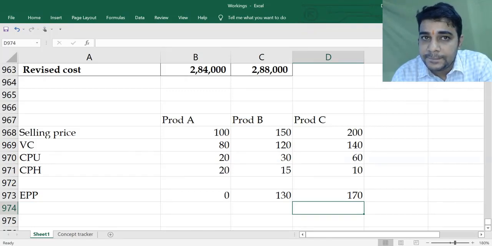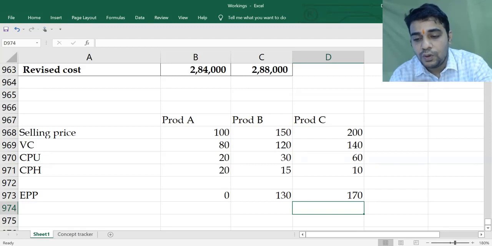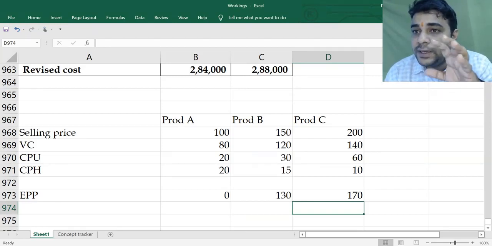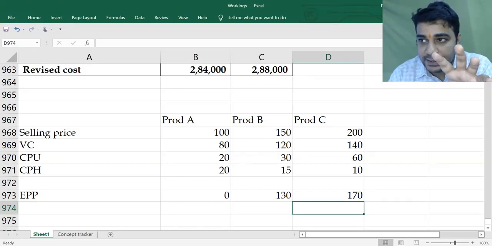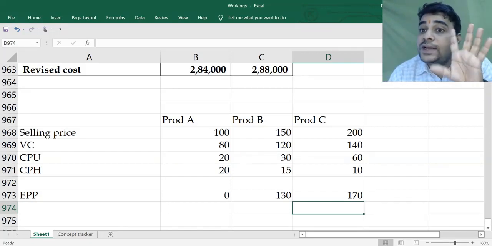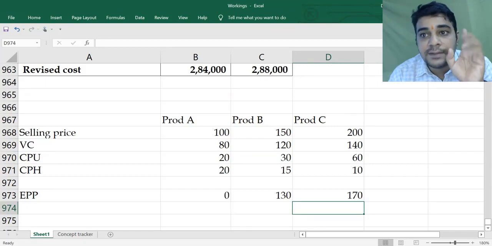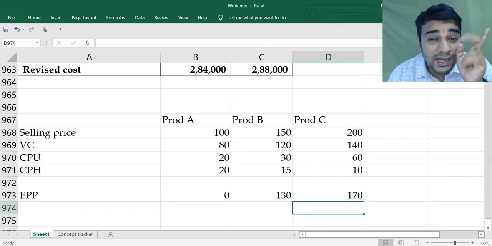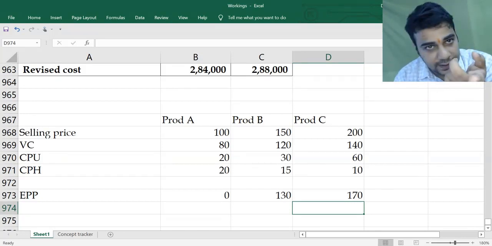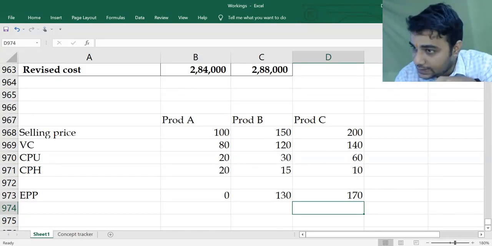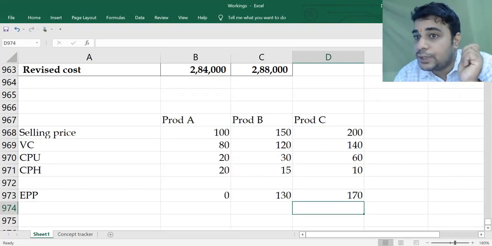Will purchase and sell the product. So whenever there is an option available for subcontracting or outside purchase, the customer demand will always be met. I am not going to compromise even one unit of customer demand. The only thing I am not sure about is whether I will manufacture and give it to the customer, or purchase from outside and give it to the customer.